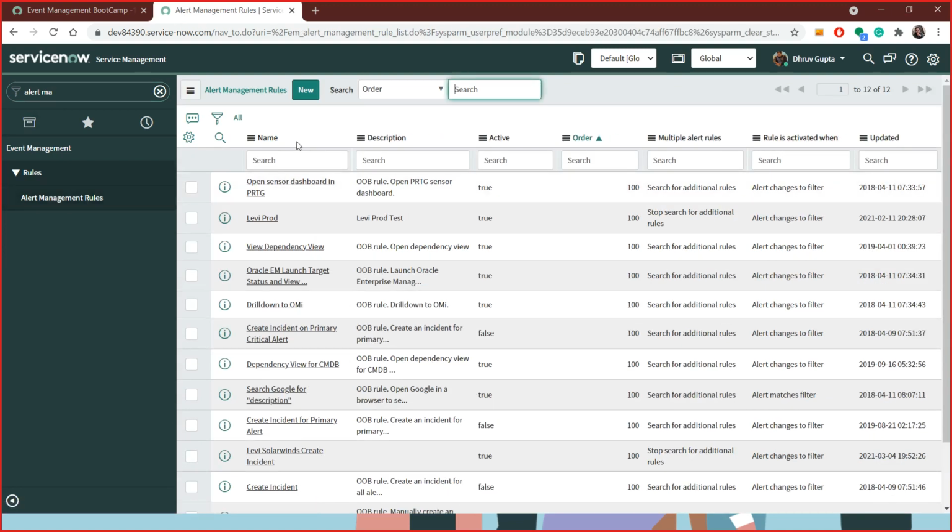Creating an incident is one. Those flows are based on orchestration, correct? Yeah, you can do whatever you want. Basically, with Flow Designer you can do anything, from creating an incident to destroying a server. You can literally shut down a server. So the alert management tool is the mapping of what you want to do. That's it. Okay.